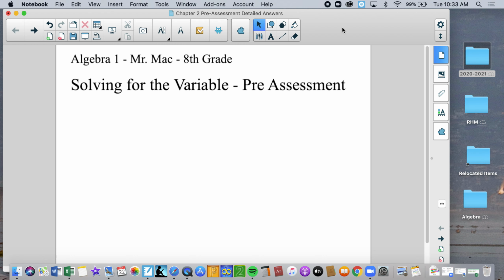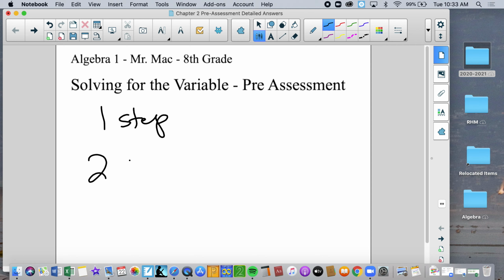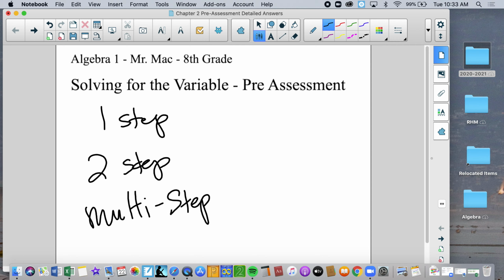All right, here we go. Solving for the variable pre-assessment, chapter 2. We're going to go over one step, two step, and multi-step isolations. So all of these are going to deal with the steps that when we talk about steps are addition,